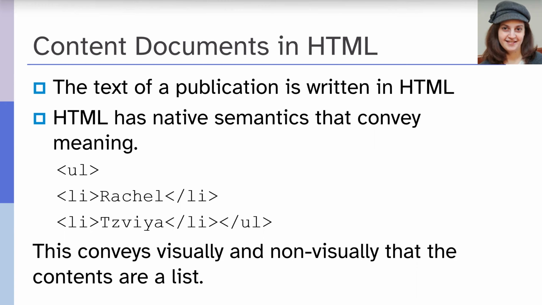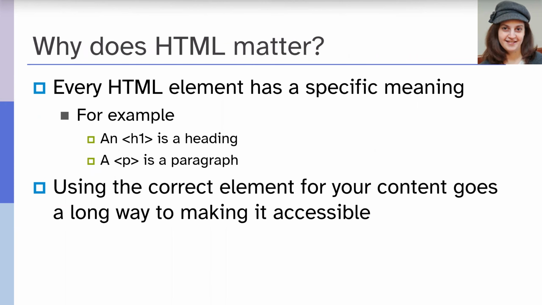And some tools will allow you to do things like display all of the lists in a book or a document. A document object model is what we say is generated by the HTML. Each HTML document has that thing called the DOM, which you may have heard of, the document object model. And all of the things in a given DOM can be searched in a variety of ways. What's really important to know is that all of this information needs to be conveyed for both visual users and non-visual users. And we are often accustomed to just looking at what's visual, and a lot of people who create HTML don't necessarily recognize that all of this matters.